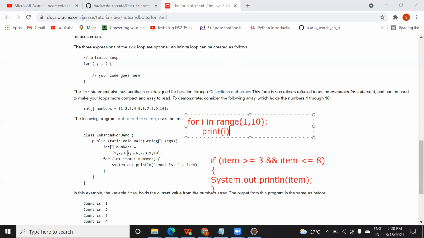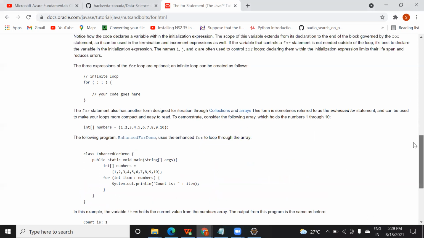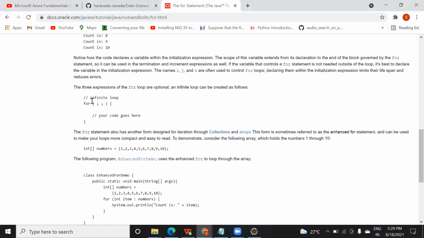Normally they will ask a question from this also, like how this for loop differs from the other, the difference between the two for loops. So one is this one. This is efficient while you're working with collections and arrays, and this is faster. You don't miss initialization, and condition checking will not become complex, right? So this you can follow. One more thing, if in the exam they give you a loop like this, it means infinite loop. If nothing is present, only the terminator, it means that this will run infinite times.